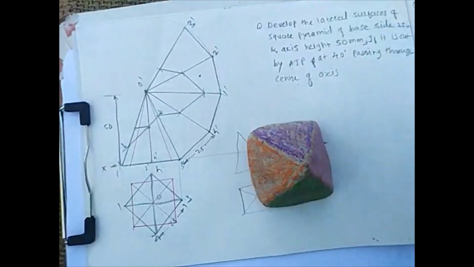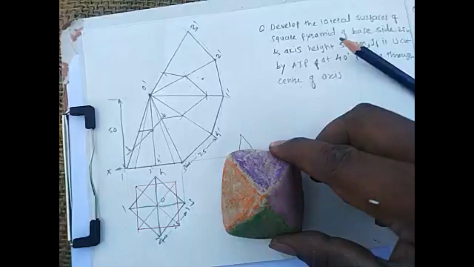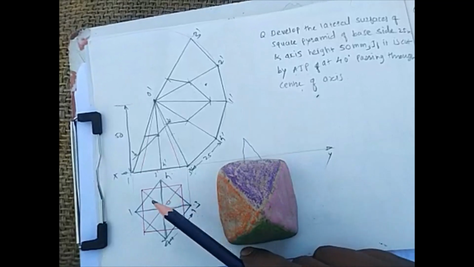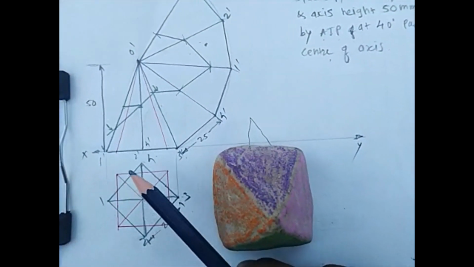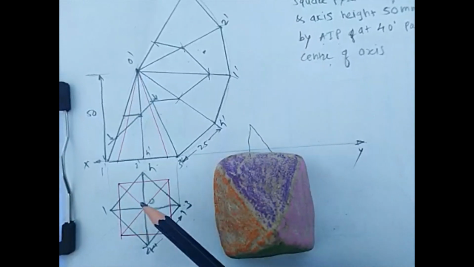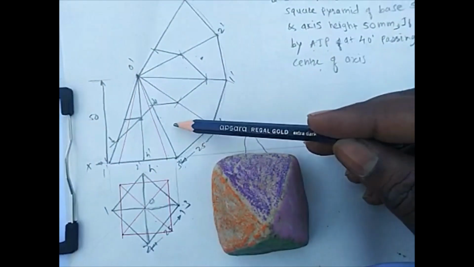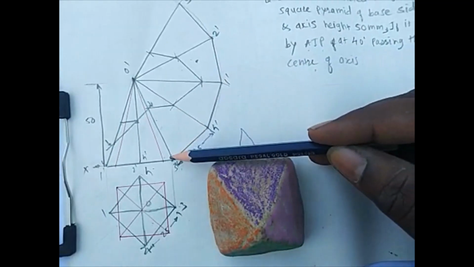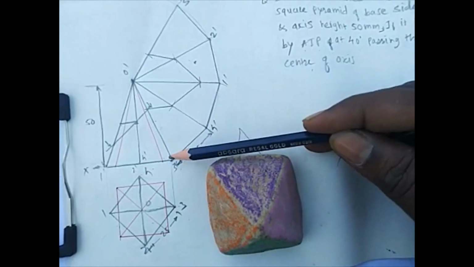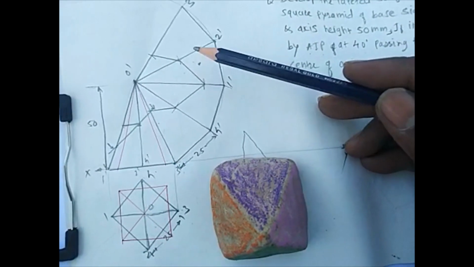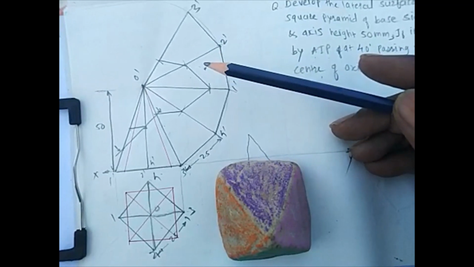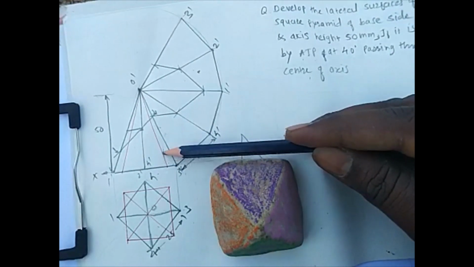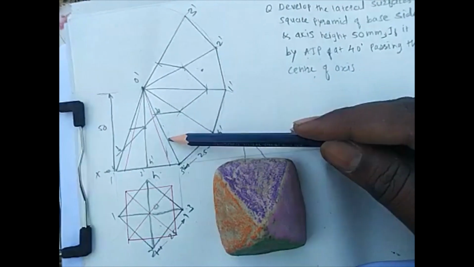All these things are there, but many students draw the top view like this. If the orientation is like the one shown in the red color, its front view is going to be like this. And if you try to develop this part, that means if you take your compass and draw an arc like this from this point, and then complete the whole solution, then the solution will be totally wrong. Why? Because the length you are going to get here is not true, but this length is true.